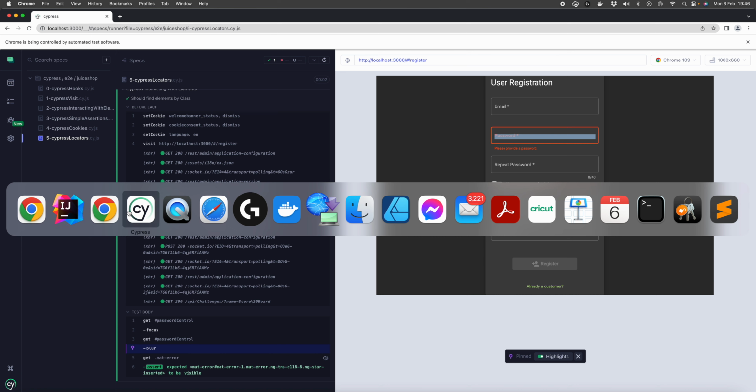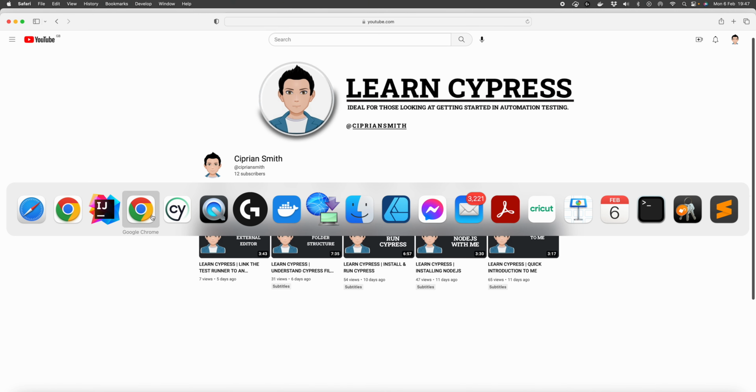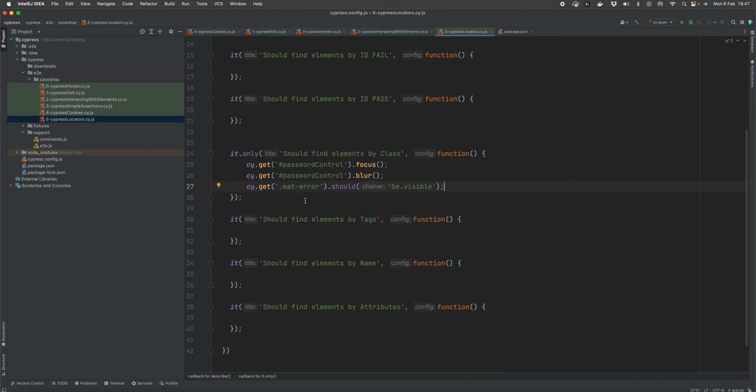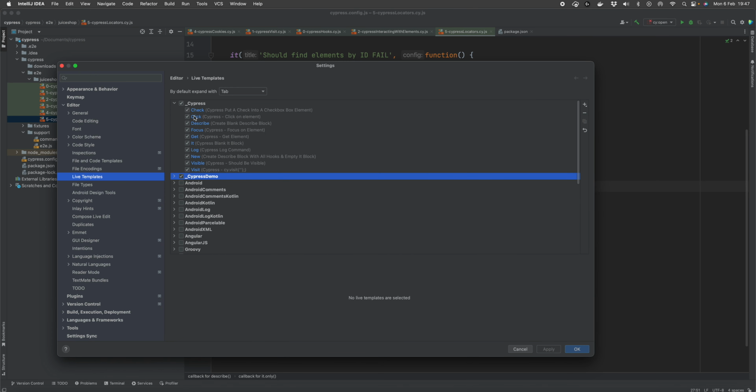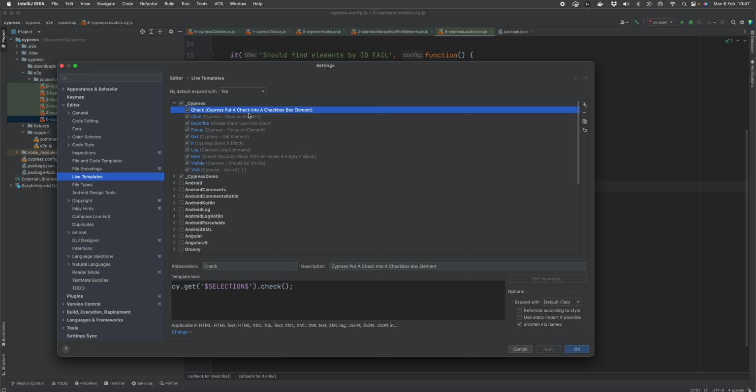So with that in mind, if you want to go ahead and go to some of the Cypress documentation, what you could do is predefine some of these commands. The previous ones that I've got are things such as checkboxes. I've got things for getting, a Cypress log command, making sure things are visible, as well as the cy.visit, which you would often use when you're going to a different web page or the web page that you're testing. So I'm just going to close that.